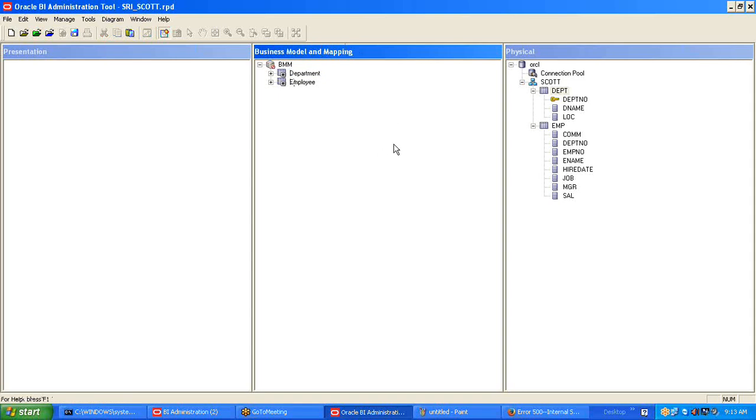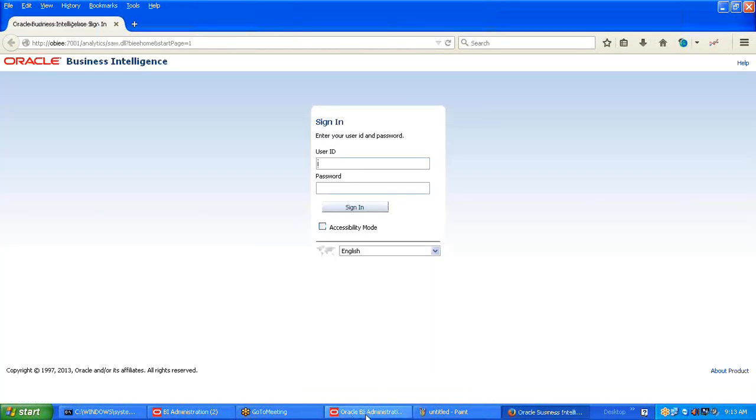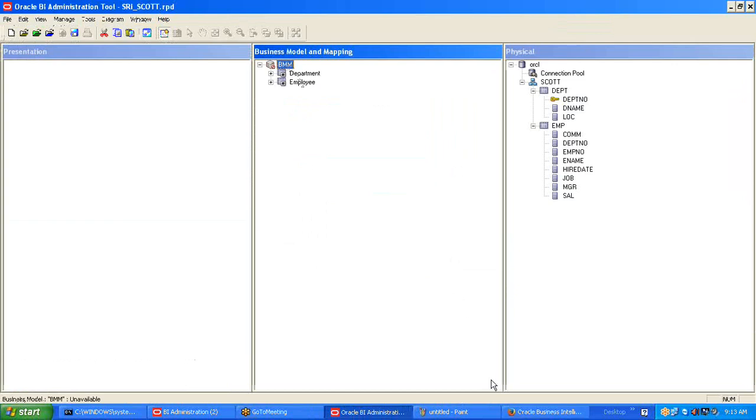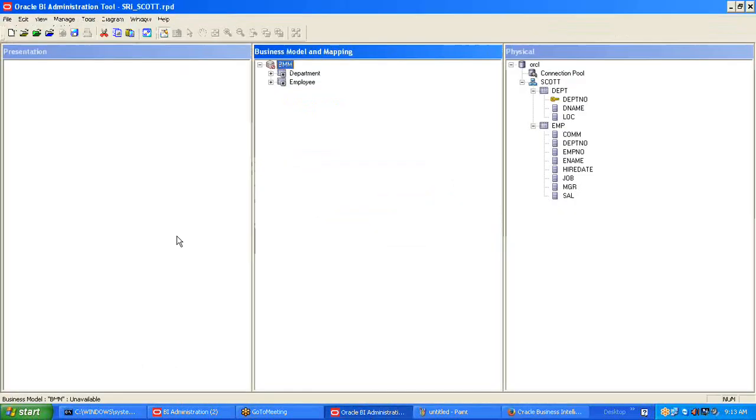So why do we need to provide the logical joins first? Already we provided the foreign key joins here. Then why do we need to provide the logical joins? Here the logical joins are used for the reporting end. Whatever joins we are going to create in the BMM layer will be used by the presentation server, which means if you create a report using the browser, it will take the metadata from the presentation layer, and the presentation layer will be calculating or creating a query,